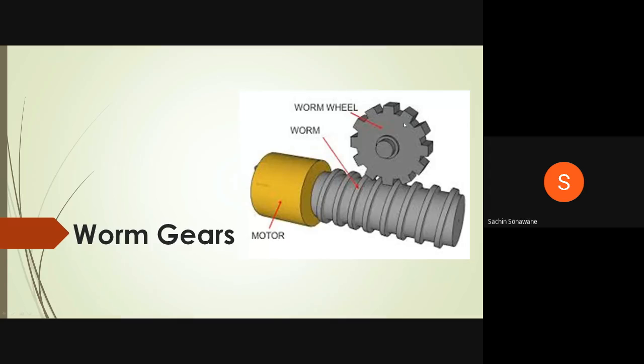Therefore for worm gears a large speed reduction ratio we can achieve, that is maybe from 1 to 20, to above 1 to 50, 1 to 100. Therefore you will find that worm and worm gear are used in material handling equipment. Our day-to-day application of worm gear is the table fan. At the back side of the table fan, which moves towards right or towards left, if you open it you will find that worm and worm gears are used.